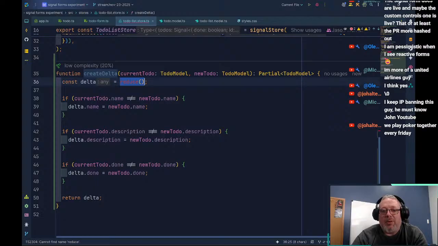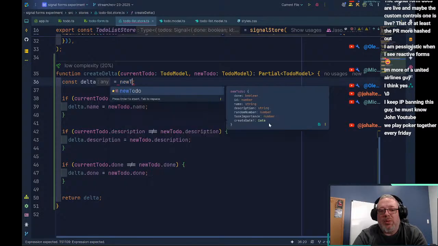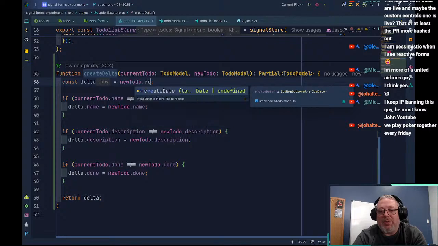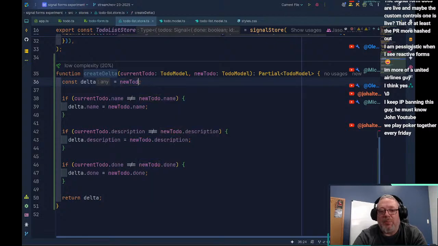Oh, we've got to go about this the other way. So what we want to do is we want to do new to do. Can I do a dot reduce on this? No.